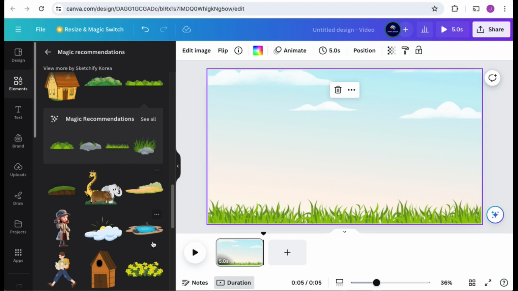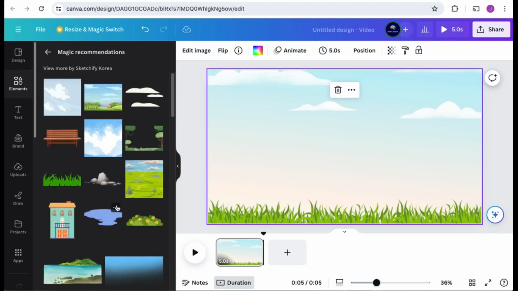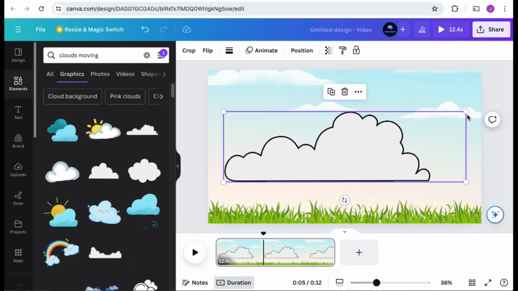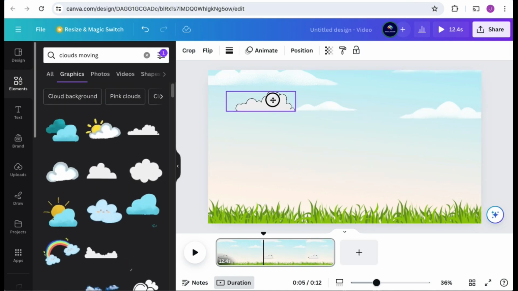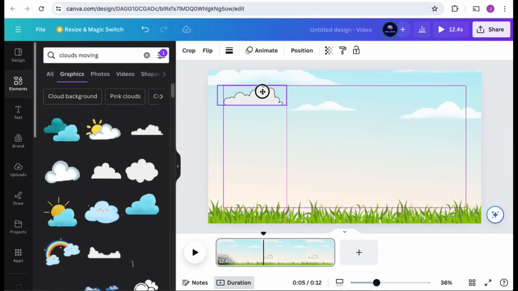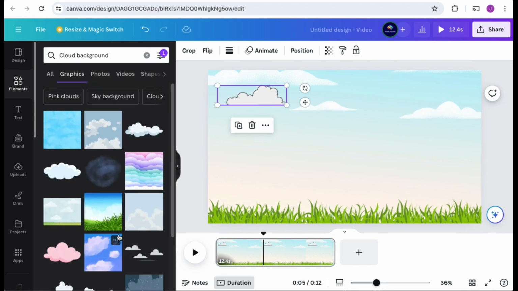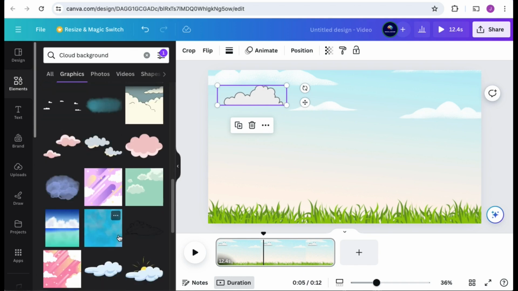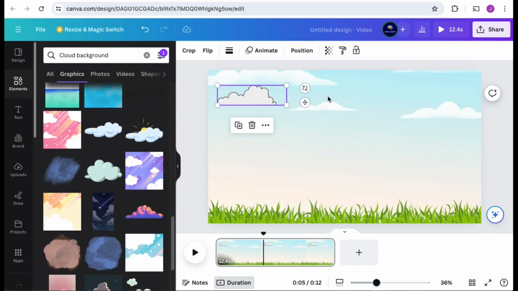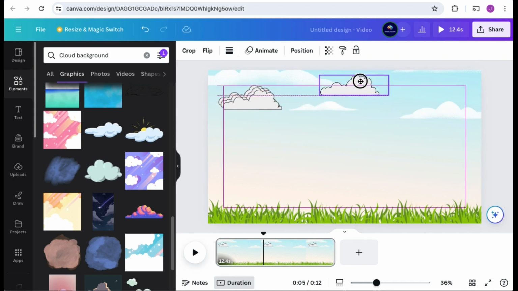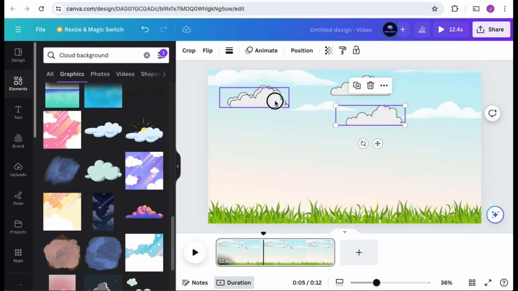Now I'm gonna go over to clouds because I want some moving clouds in there as well. We'll choose this one. This already has a movement in it. And I think I'm just gonna make a bunch of copies of this cloud and copy paste those copies throughout the sky.